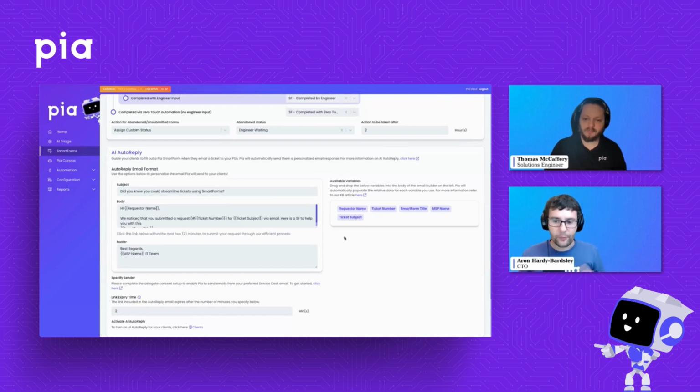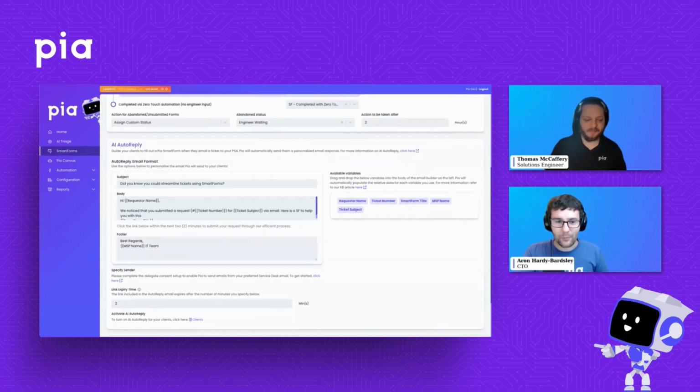So this is a powerful feature to drive the organic adoption of SmartForms. It's basically redirecting people away from your service desk to the SmartForms, and they can optionally choose to do that process. Now, I do see a link expiry down here as well. I imagine if we have one of these requests come through, and the client receives the link and goes to click it, but maybe my service desk engineers, they are absolute heroes, they are on this request. They're firing off that Pia automation before the client even saw the email, before they even clicked the link. Are we going to run into a conflict, or what happens here?